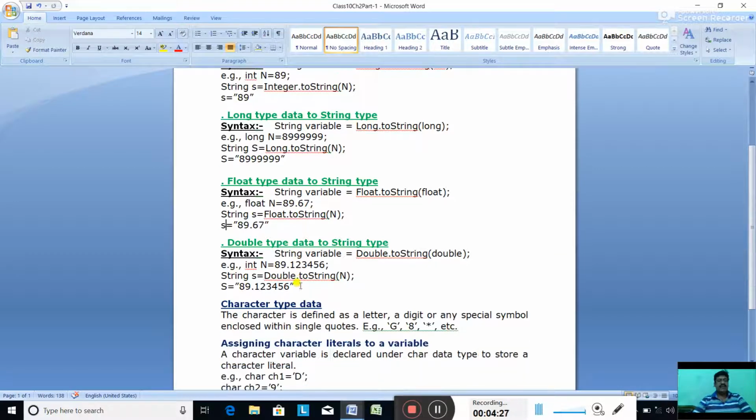Now the next conversion is double type data to string type. The syntax is: String variableName = Double.toString(double). This double value will be converted into a string and stored in the variable. For example, double n = 89.123456. String s = Double.toString(n). So n will be converted into a string and stored in s. So the s value is